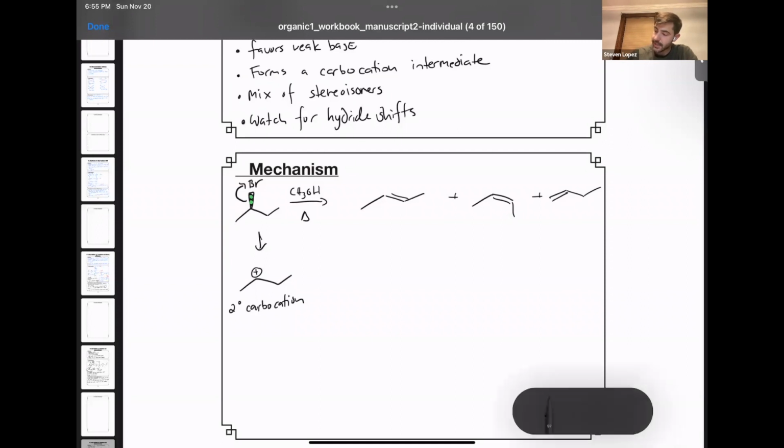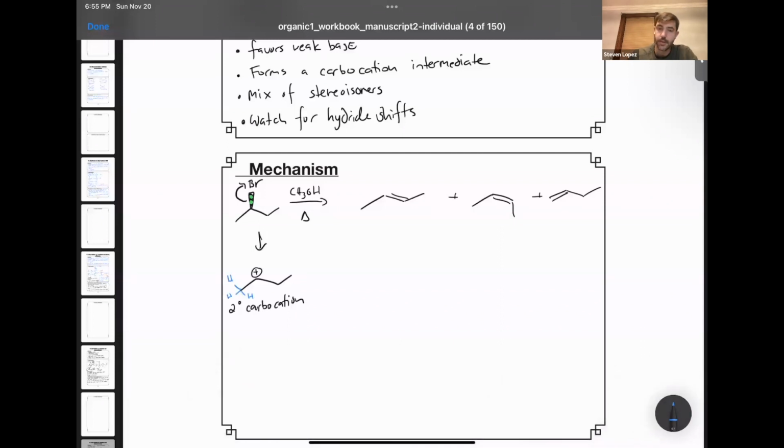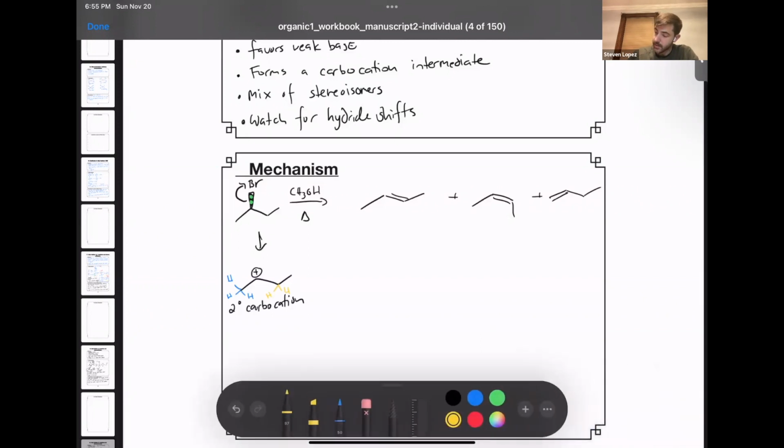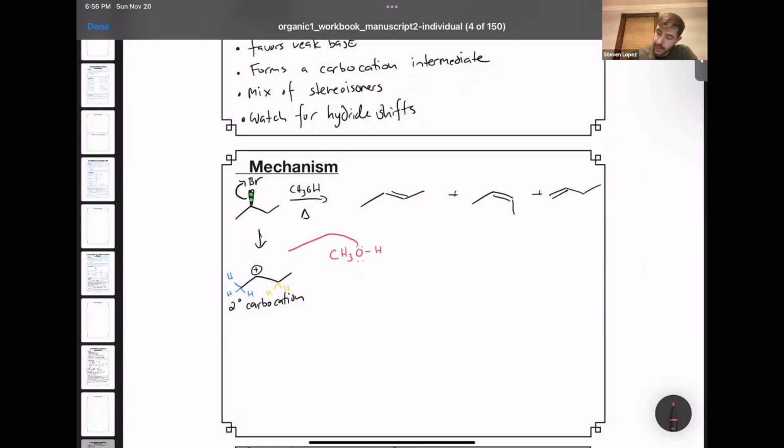What I'm going to do is just highlight these different types of hydrogens or protons that can be deprotonated in blue. So first of all, there are these methyl hydrogens, yellow hydrogens over here. The base we're going to put in red, and the basic part of this molecule is the lone pair on oxygen. So taking that lone pair, making a bond with the hydrogen, the blue hydrogen over here, we're going to take that hydrogen away to deprotonate it, and we're going to move the electrons from the carbon-hydrogen bond onto the carbon framework to make a pi bond. So this is going to make an alkene.